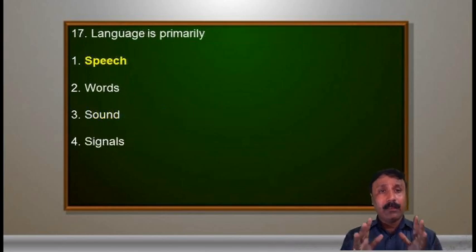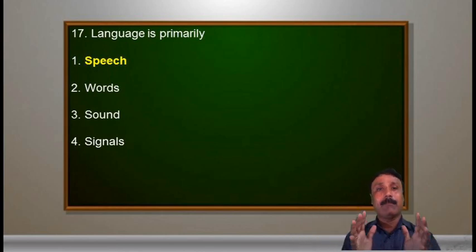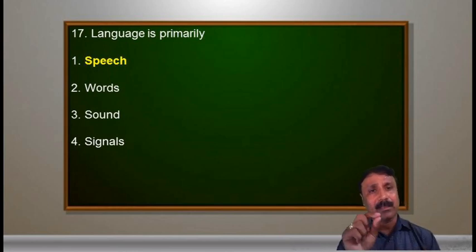And the last question is, language is primarily speech, words, sound, signals. So language is primarily what? Speech, not words. Yes, of course, in the beginning we considered language as vocal. Again, vocal leads to sounds. The sounds are converted into speech. So language is primarily speech, this is the right one,